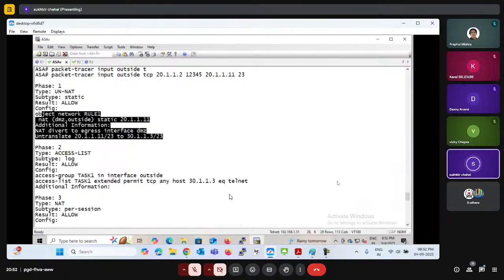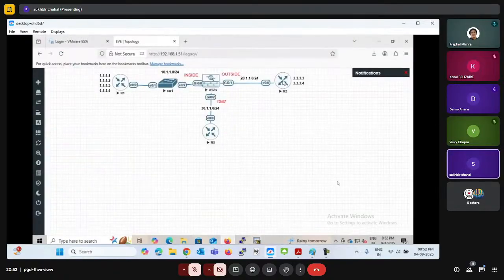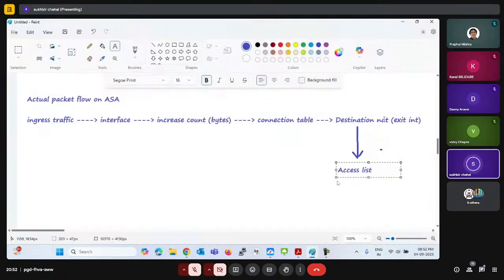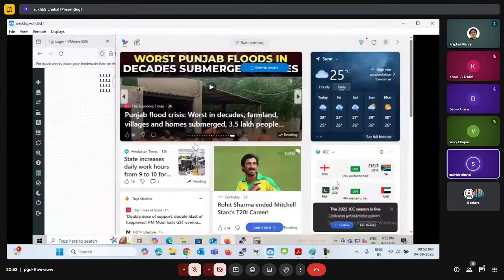Why? Because traffic is initiated from the outside, right? So on the outside interface, the firewall translates the destination IP address, not the source IP address. So that's why I mentioned here destination NAT, right? So destination NAT automatically tells you about the exit interface. Why? Because if you check in the destination rule,